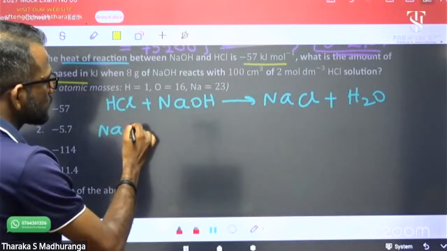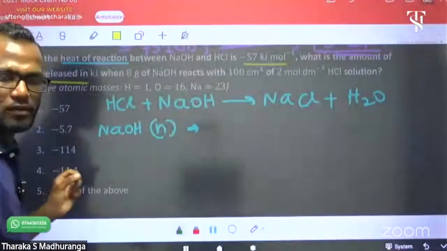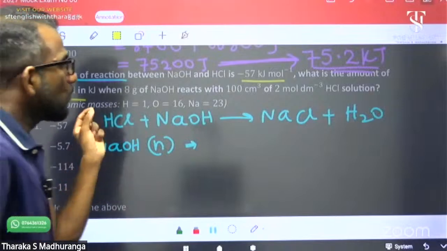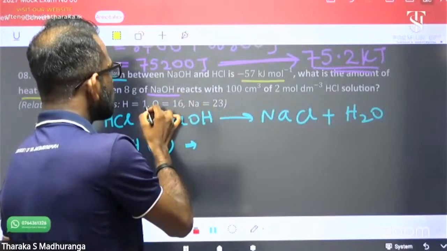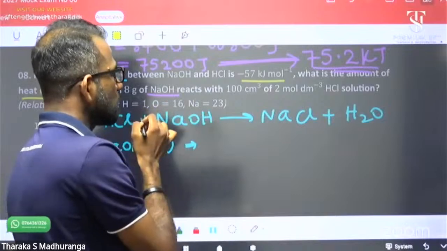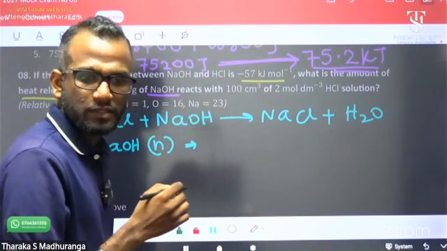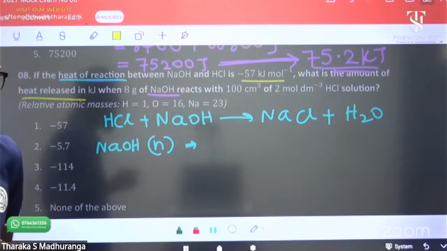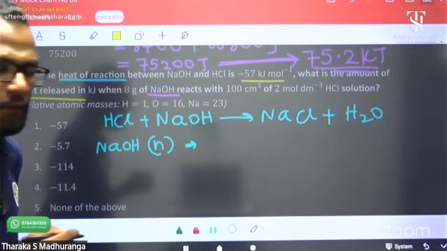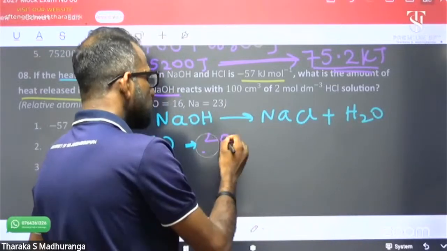First, you can find the sodium hydroxide number of moles. What's the method? First, you can get the molar mass. Sodium hydroxide molar mass: sodium 23, oxygen 16, hydrogen 1. Then 23 plus 16 plus 1. It is 23 plus 17, 40. No, 40, not 48. 40. You know, number of moles equals